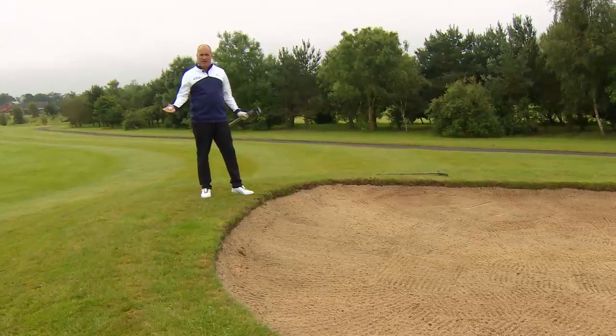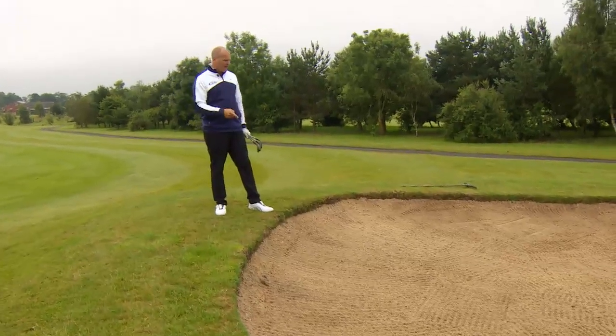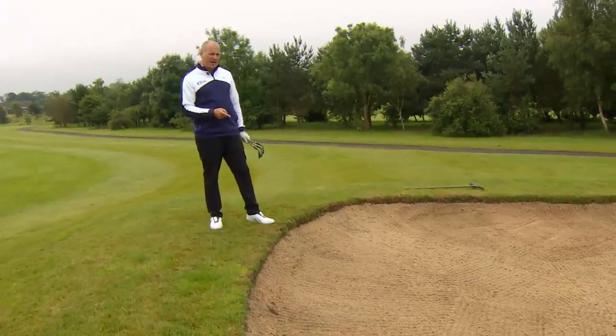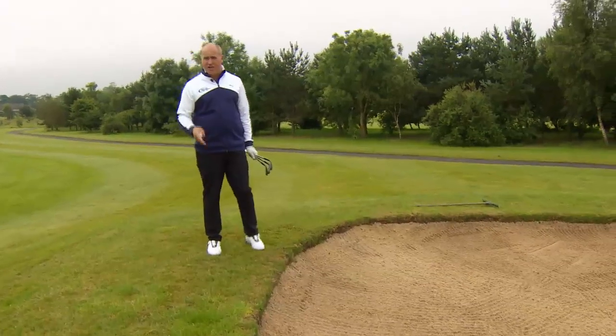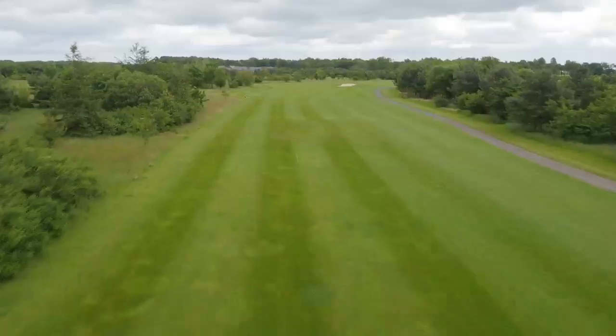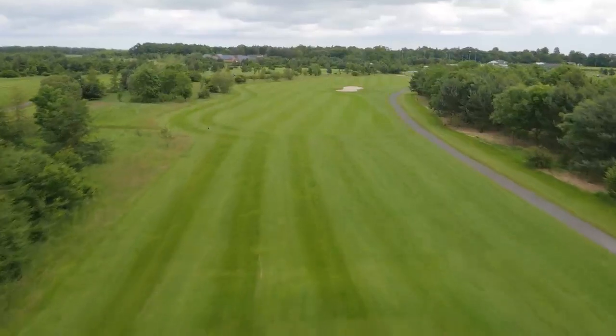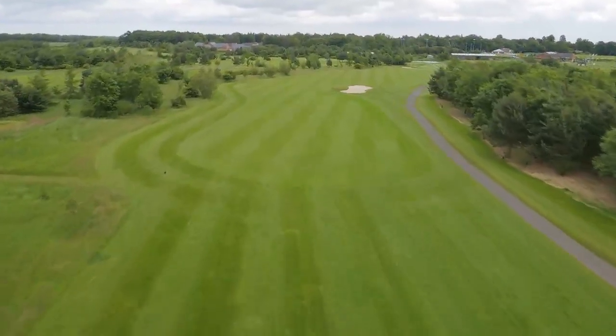Well, this is where it's all going to happen, the final hole, the 18th here at Longhirst. And this bunker, you know, is going to play havoc for the players. It's 255 yards to carry, but it's a tight hole. It's an awkward hole. It's a sharp dogleg from left to right as well to boot. And the par 4 is 423 yards. I think most of the players probably won't hit driver. And I imagine 3-wood might be the key, because down the right-hand side, which is where you're going to have to aim,